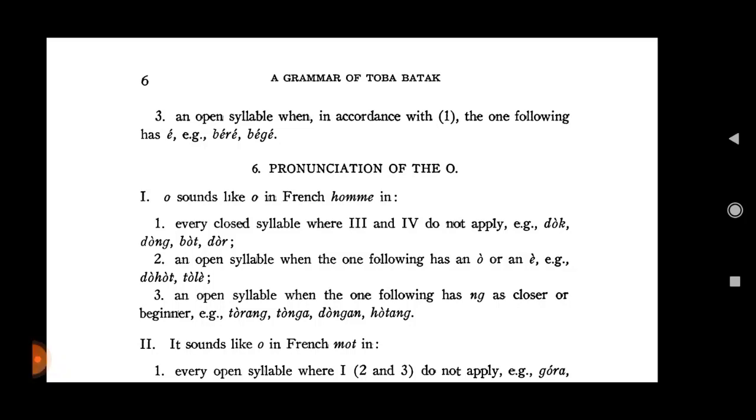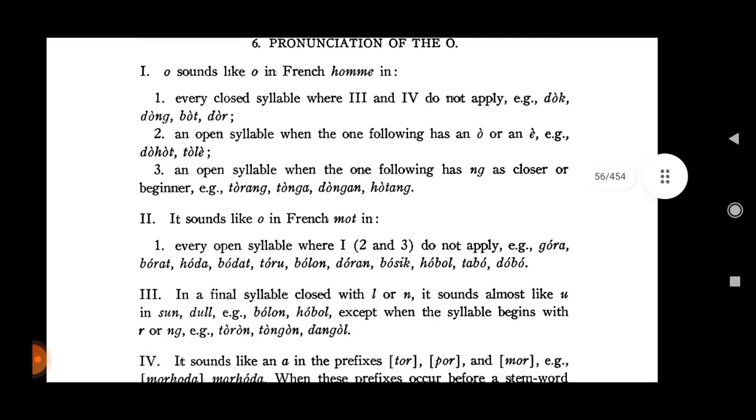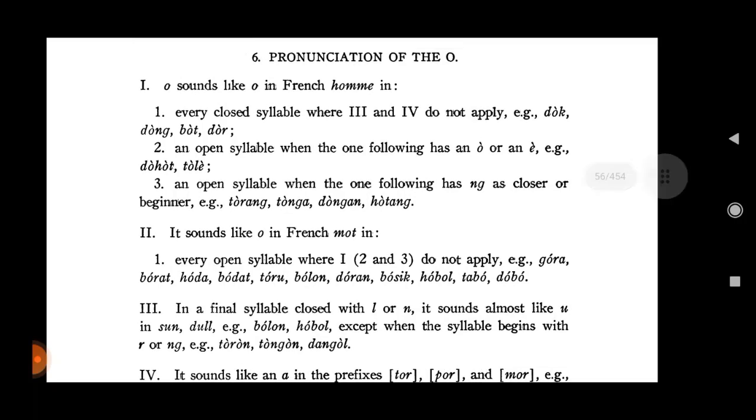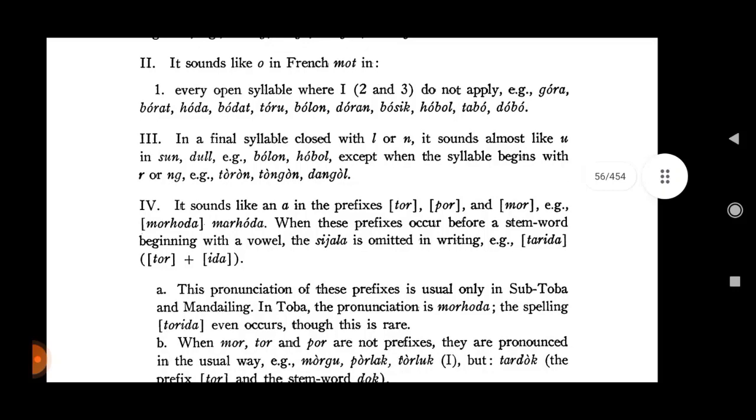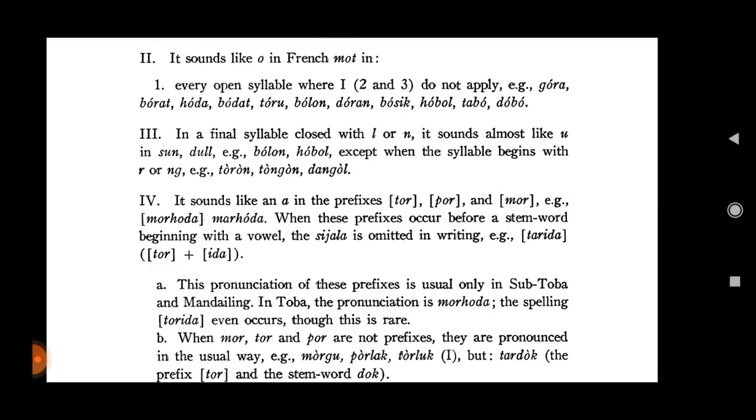Pronunciation of the O. O sounds like O in French home in every closed syllable where 3 and 4 do not apply, igi dog, dong, bot; in an open syllable where the one following has an O or an A, igi hood, tole; and in an open syllable when the one following has a closer or beginner, igi torang, tonga, rongan, hodang. It sounds like O in French mot in